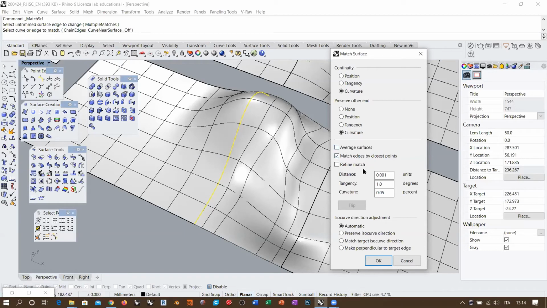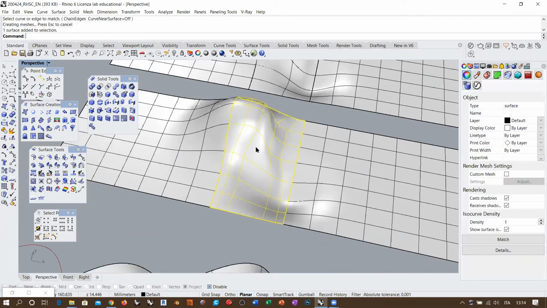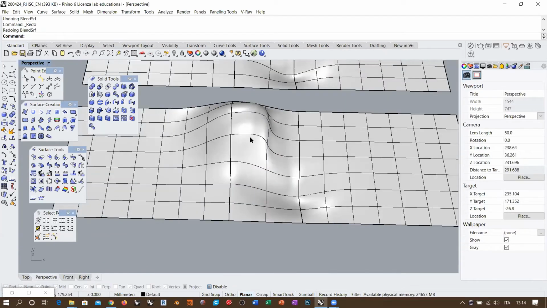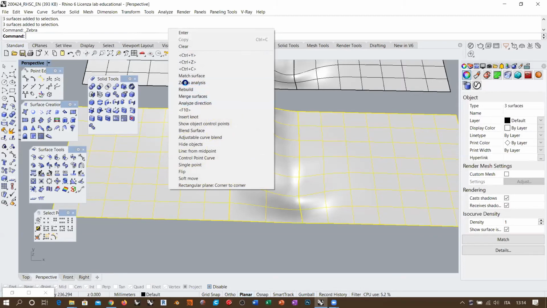No, there is nothing wrong with this. Also, I'm not refining the edges, so these values here are not being taken into account. So you see average surface is also changing this one. No, everything is set properly. I don't understand why this is creating this kind of strange result. Also, I'm going to copy this, undo, undo, undo. Let's go back to this one, which should be tangent to tangent. Let me double check if there is something weird happening already in the